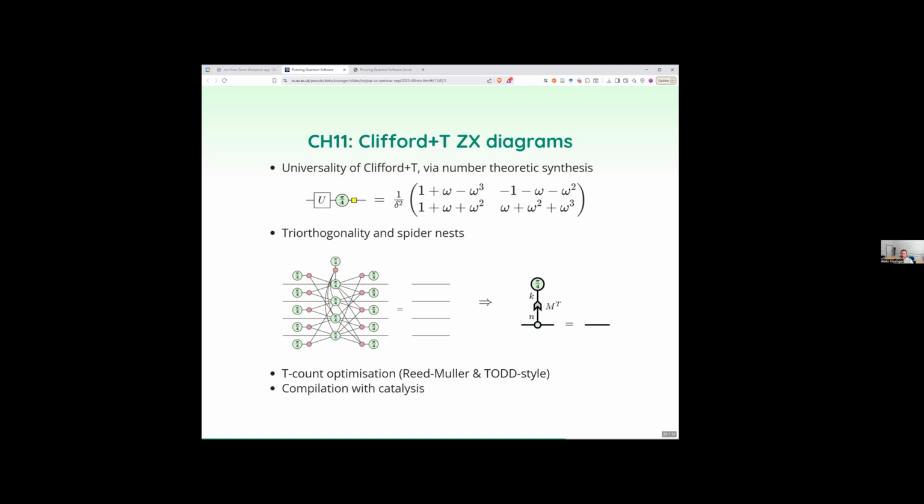And we also talk about a technique called catalysis, which is used for circuit synthesis here. We develop this machinery of catalytic embeddings and show how you can use that to synthesize gates with small phase angles. So this is really a lot about circuit synthesis and optimization when we have all of this special structure coming from the Clifford hierarchy.